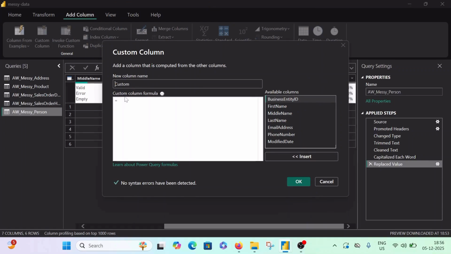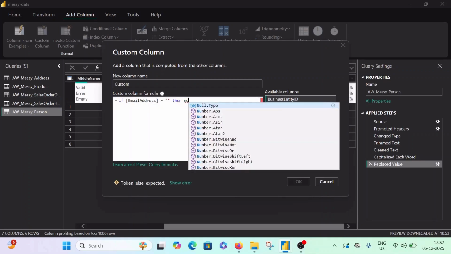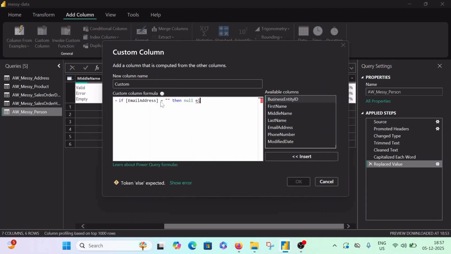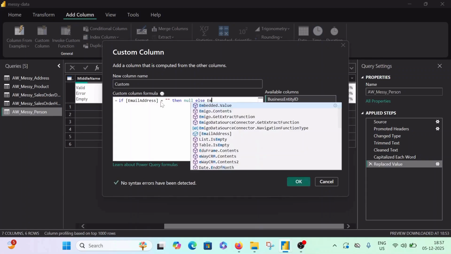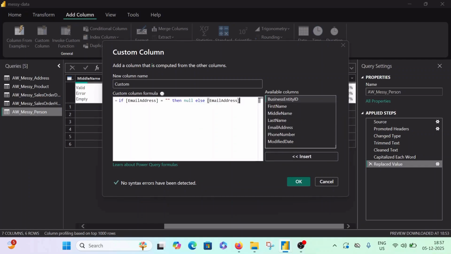And now I am showing you how to create a custom column for that particular blank, how to handle blanks. So generally what we do is that we replace a blank by null value. Why I'm saying null value is because if you do replace values and input blank and then replace it with a null, what happens is that the column will be filled with the text value of null. So the accepted way is to create a custom column. You give that if your email address has blanks, then you replace them with null, else you keep the email address, and give a new column name.